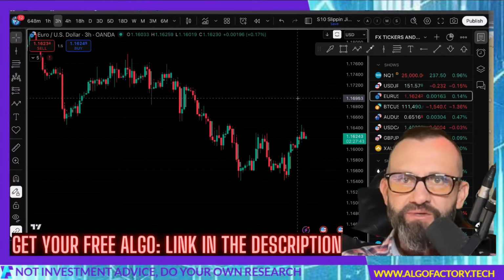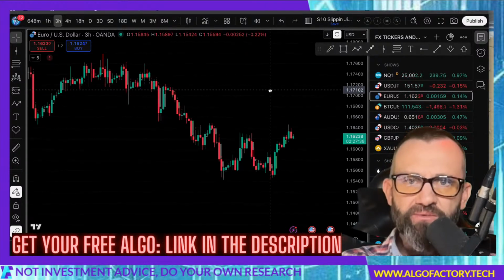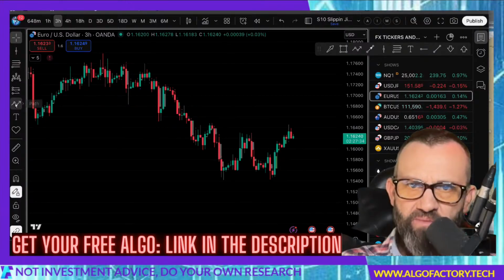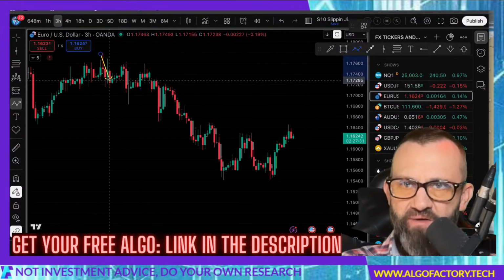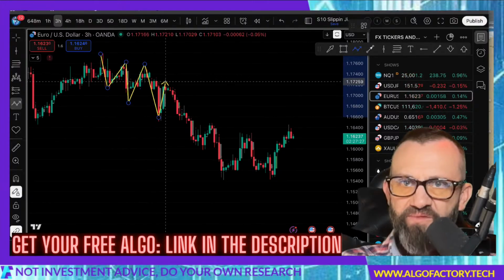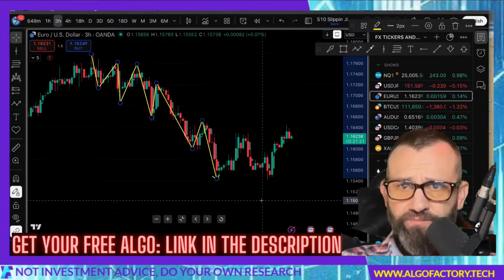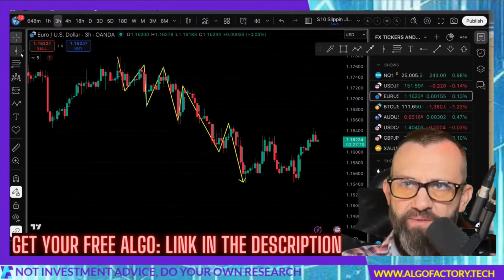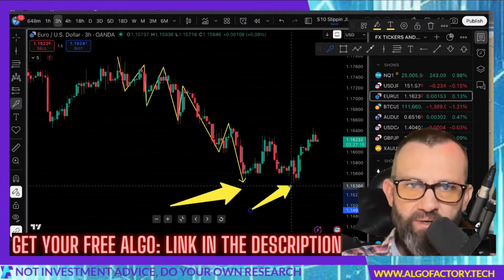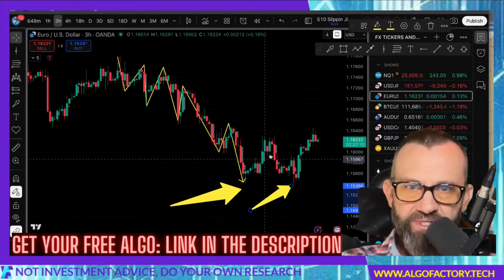So what I'm going to do is zoom out. We're looking at the 3-hour right now, right? Before I zoom out, let's just take a look at the trend. We had a clear downtrend, and then we had a violation of that trend. You have lower highs, lower lows, very textbook downtrend. But then price did not go further down. You had this low right here, and then price attempted to break that low and rejected to the upside. And this is a double bottom.